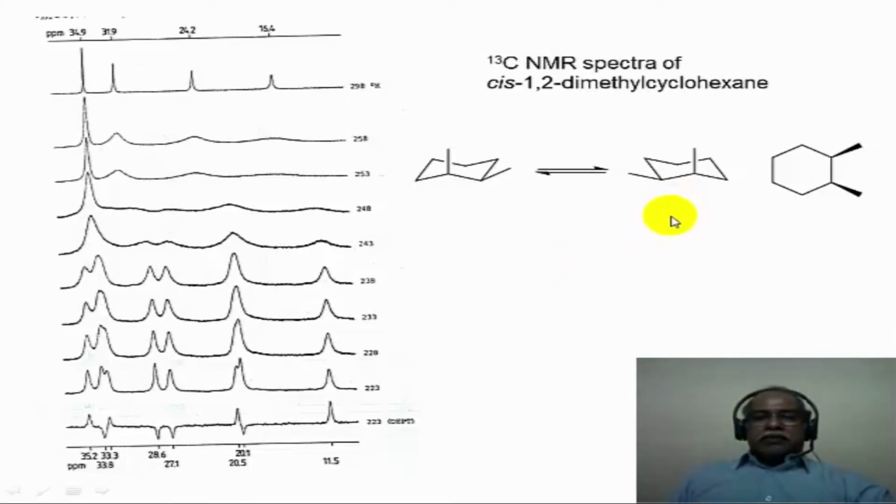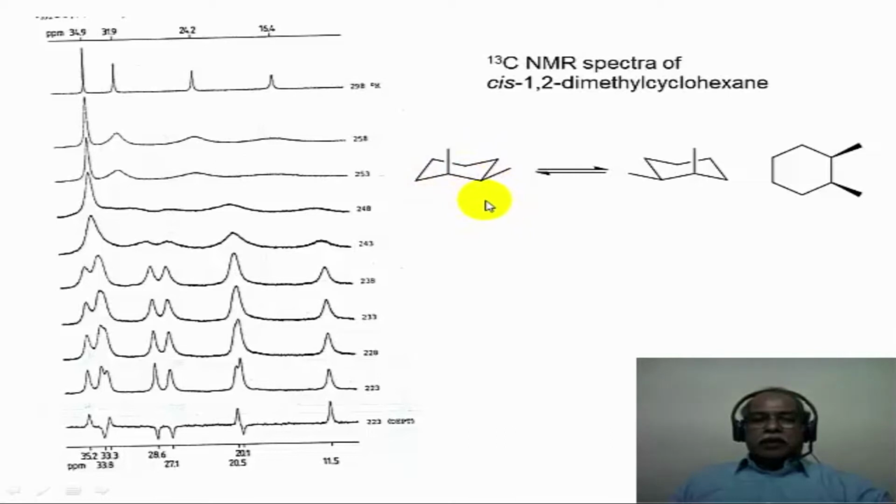Now, let us take the example of the carbon-13 spectroscopy of 1,2-dimethyl cyclohexane, particularly the cis isomer. The cis isomer of 1,2-dimethyl cyclohexane should have one axial methyl group and one equatorial methyl group. Both point in the same direction, and hence it is a cis isomer. If you want to refresh your memory about the dynamics of the cis isomer, please refer to Nasipuri's book on stereochemistry of organic compounds.